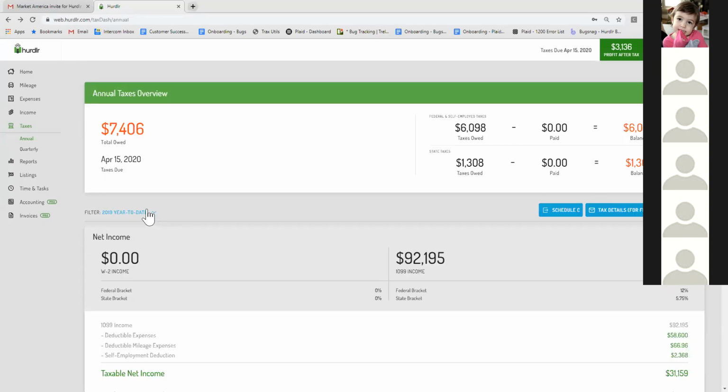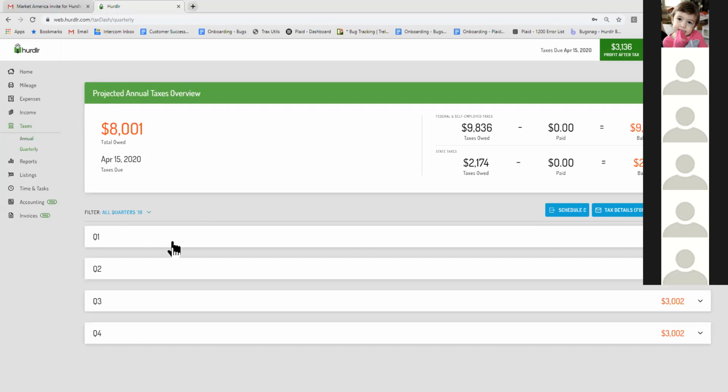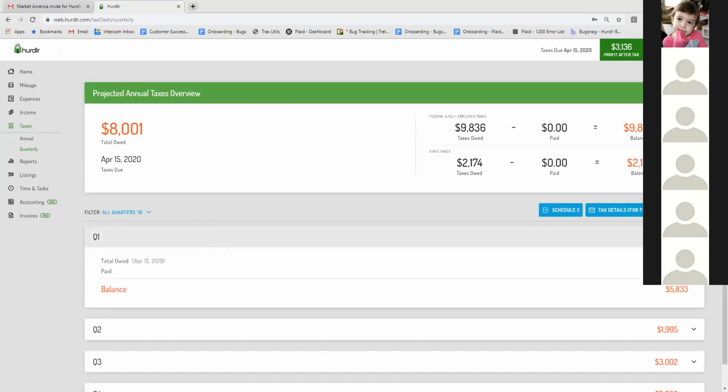The other cool thing is that you can actually use it to predict out the full year. So you can put the full year here. It projects everything out based on the data that you track so far. And then the other cool thing is for quarterly taxes. So these are payments that you make each quarter towards your taxes. It will actually show you how much you should be making for those tax payments. And then you can